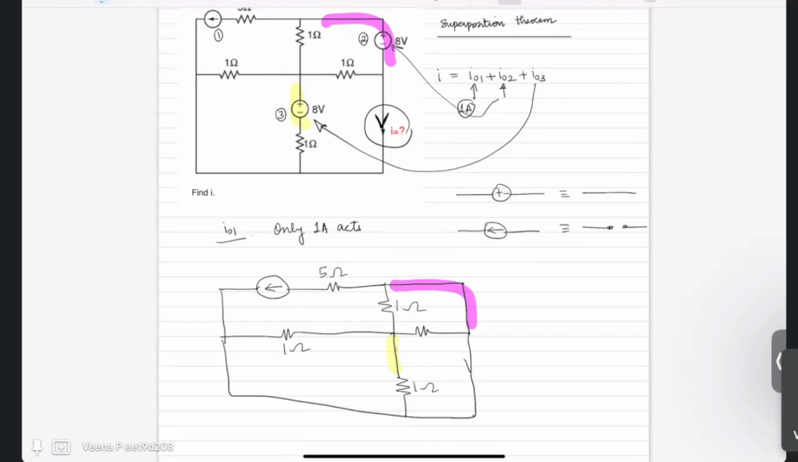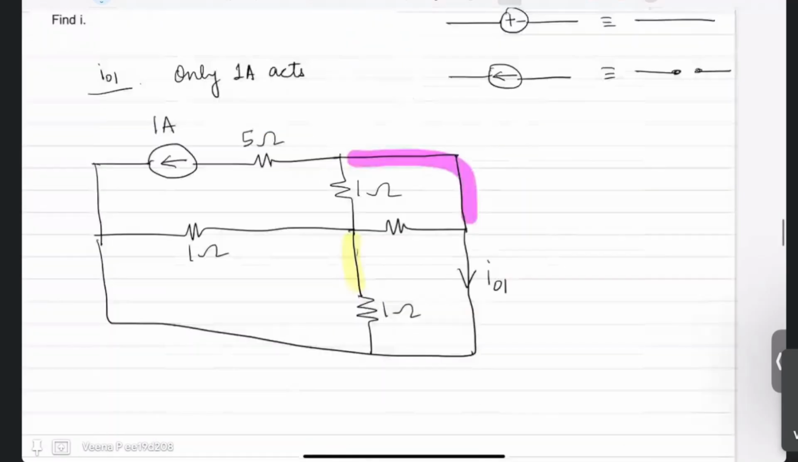Now the I01, is this current in the same direction as I? You have to mark your I01. So I01 is in the same direction as I, but it happens when only your 1 ampere is acting. So this is your 1 ampere. The rest of the circuit remains the same. So now it became a simple networks problem. You are asked to find this